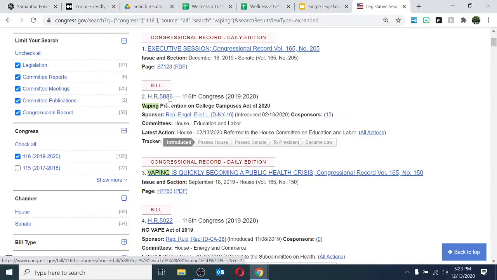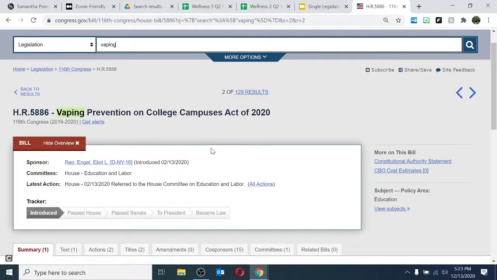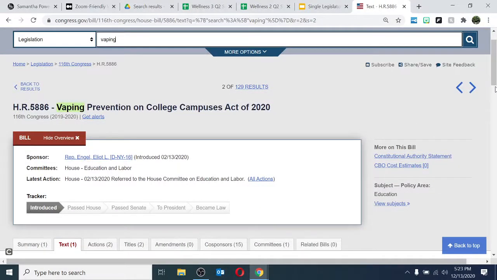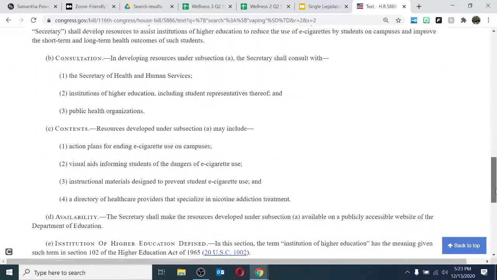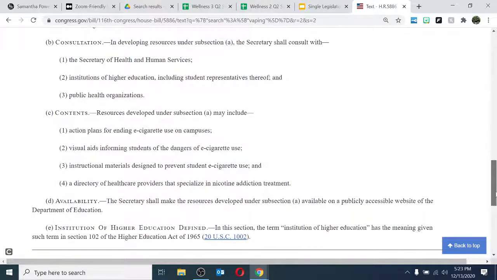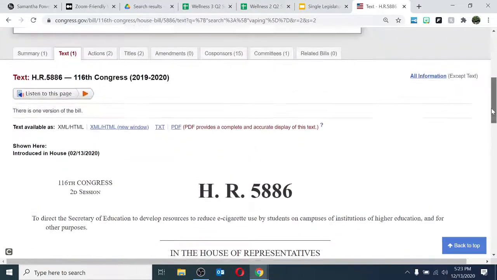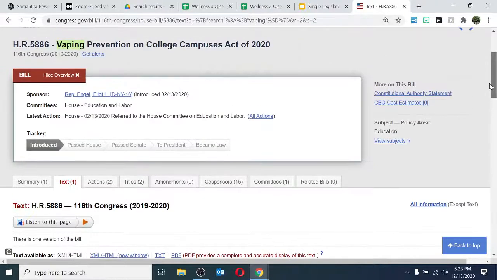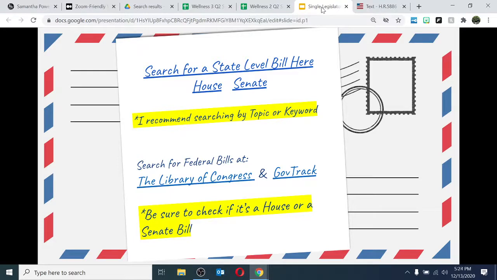Now, how do you figure out if you want to pick this bill or not? You would click on it, and then you're going to want to look at the text and read what it's about. And then as a group, is this a good one? Should we write for them to support this? Or should we write for them to vote against this? And you've got to have a reason why. How is it going to help or hurt your topic, and people that are dealing with your topic? So there you go. It's as easy as that.